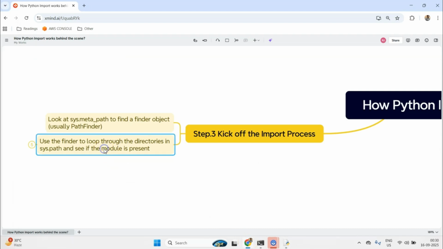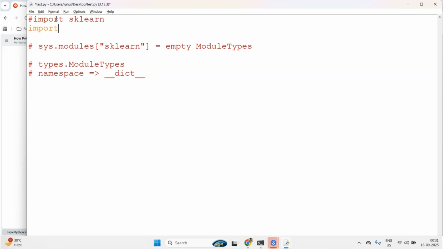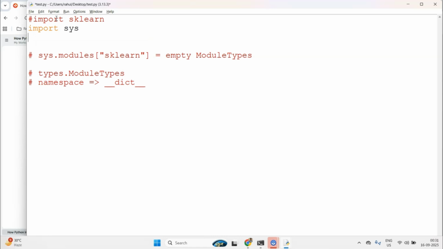Now in the next step, it will use that finder to loop through the directories in sys.path. Now see, on your computer there are millions of directories. Python interpreter does not want to go through all of those directories. So it will take that finder object and look at all the paths.